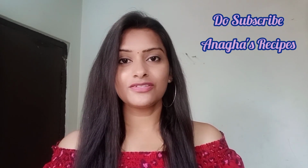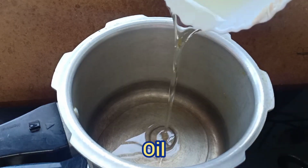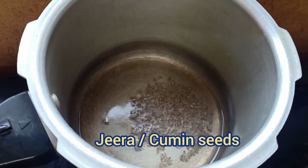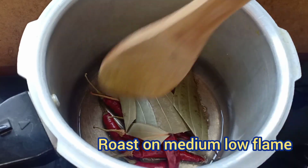Let's see how to make this Gondal chicken. So let's make Gondal chicken. Add oil. Once the oil is warm, add jeera, add red dry chilies, tej patta,